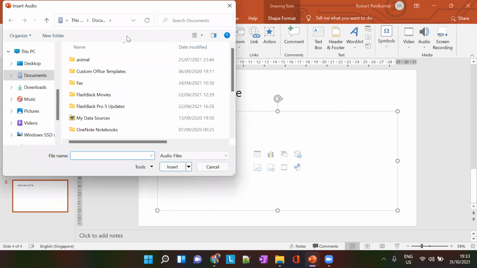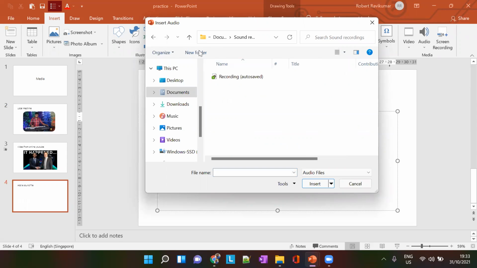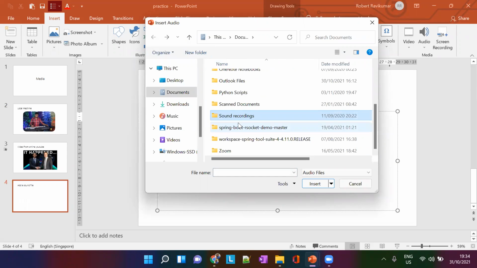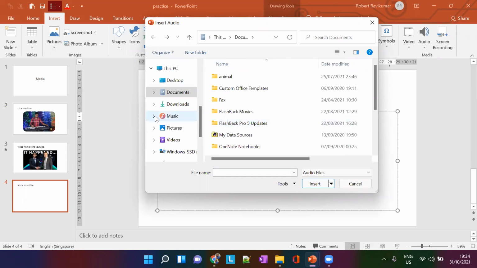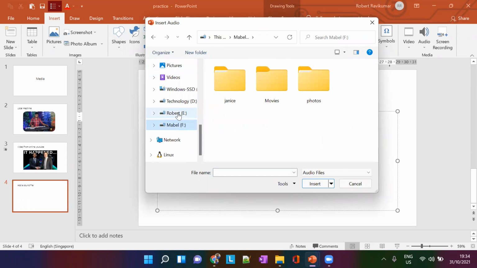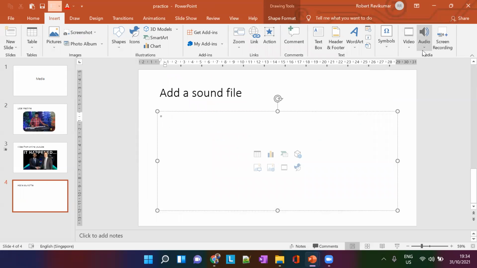Click on audio on my PC and go to the audio file in your PC. I don't know whether I have any sounds recorded. Okay, I don't have any sound in my local PC.